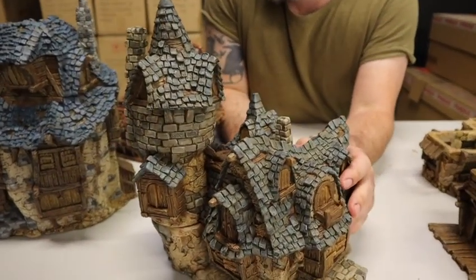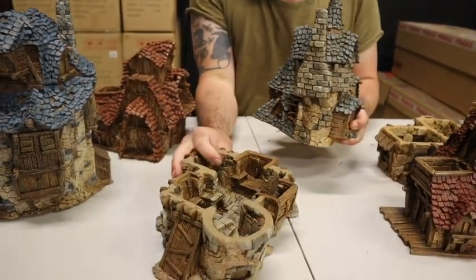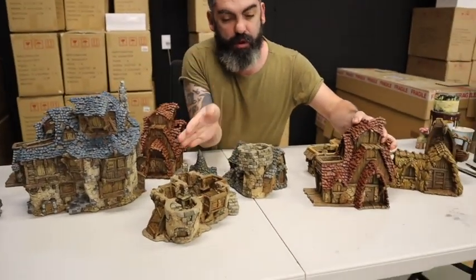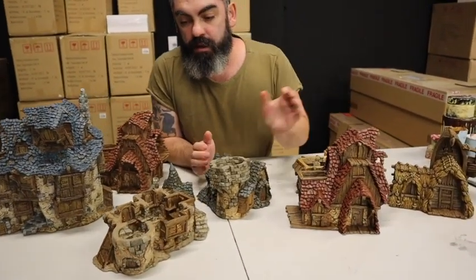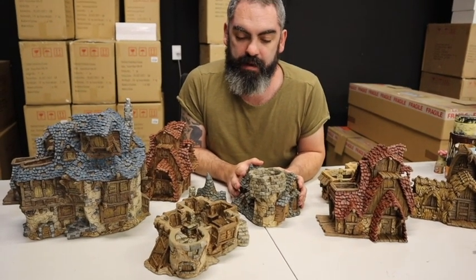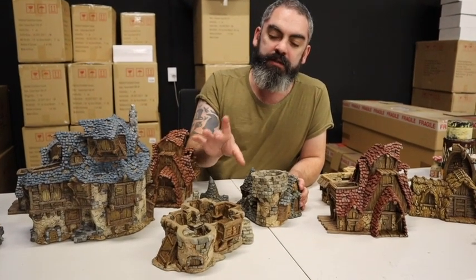Here is a full building of Hagglethorn Hollow. Now this is done with Citadel Wash, and this is the difference between wash and wood stain. It's subtler and certainly gives an amazing feel over the whole thing, but this cost an entire pottle, a $13